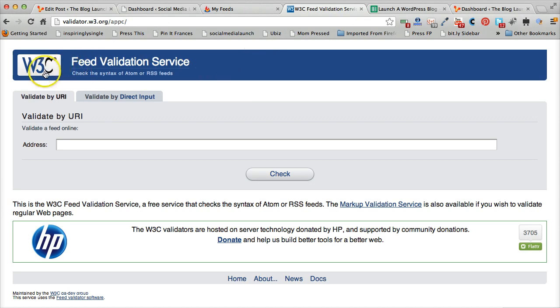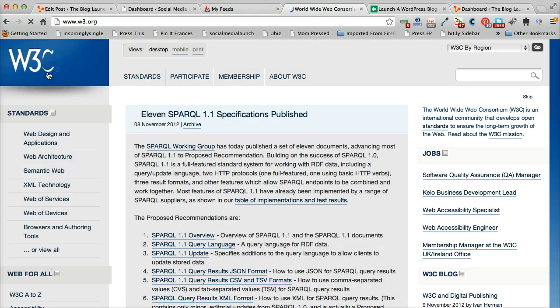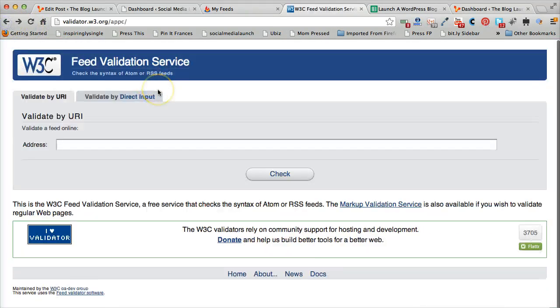And we can also go to the W3C Feed Validation Service. So it's validator.w3.org/appc/, or else just type in Feed Validator into Google, and the first search result that shows up should indeed be the W3C Feed